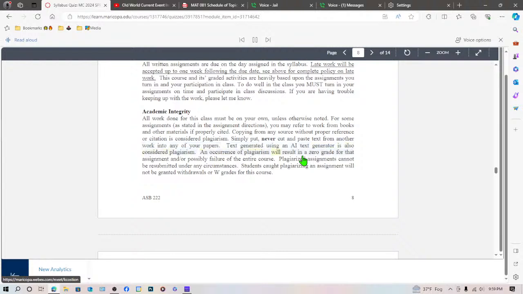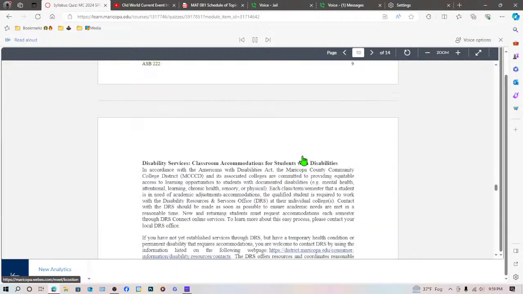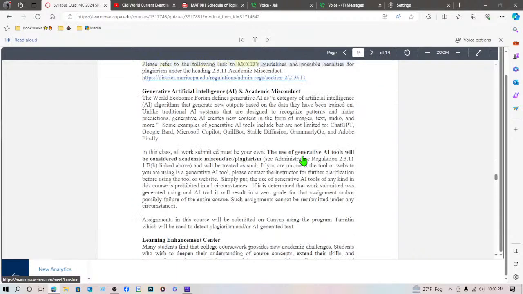An occurrence of plagiarism will result in a 0 grade for that assignment and/or possibly failure of the entire course. Plagiarized assignments cannot be resubmitted under any circumstances. Students caught plagiarizing an assignment will not be granted withdrawals or W grades for this course. ASB 2-22-9. Please refer to the following link to MCCD's guidelines and possible penalties for plagiarism under the heading 2-3 Academic Misconduct, Generative Artificial Intelligence, AI, and Academic